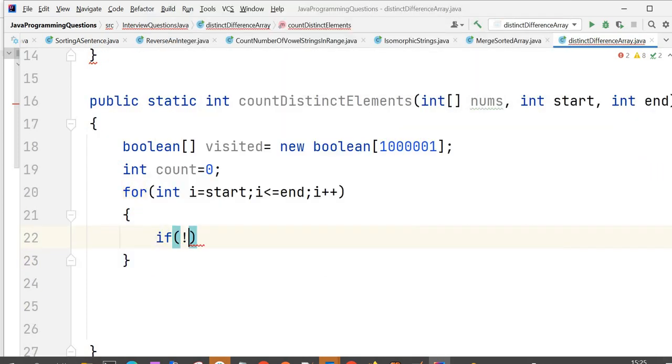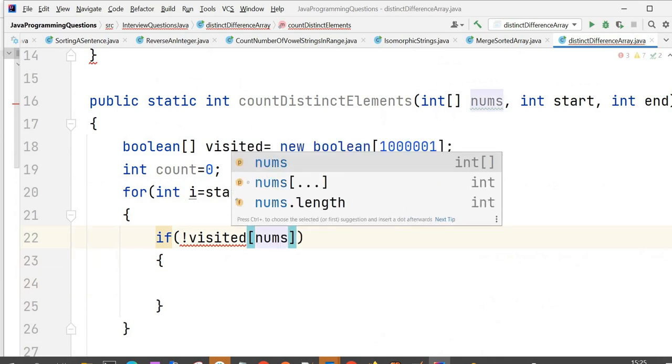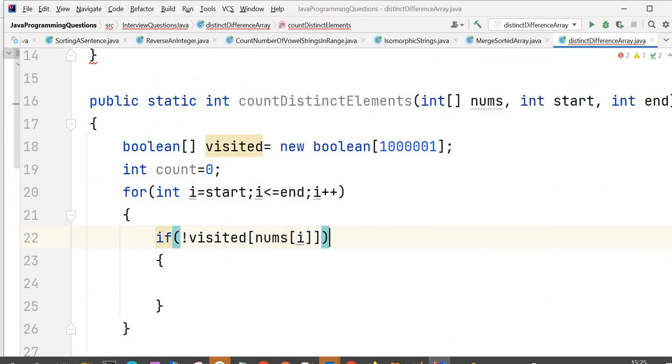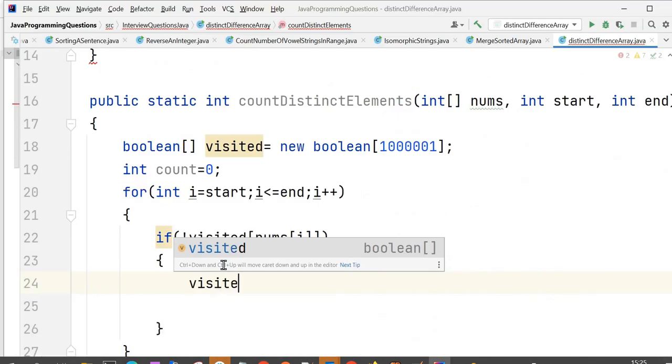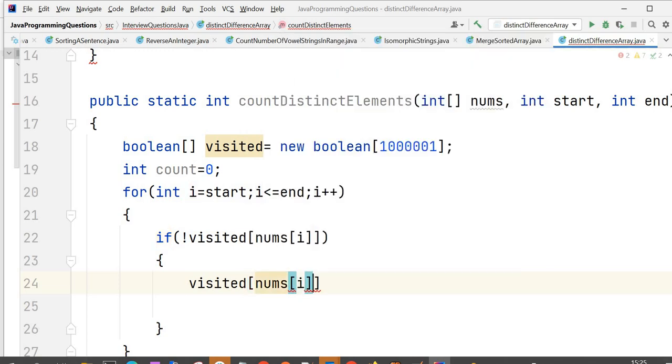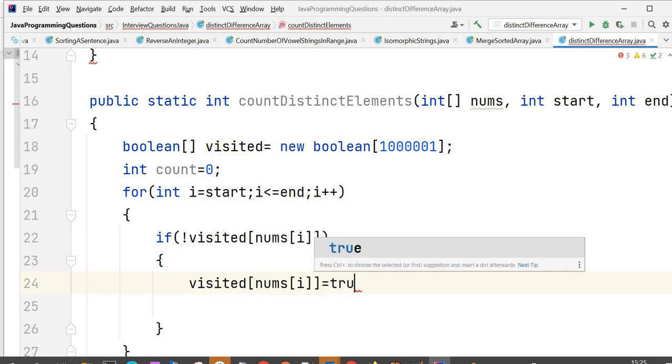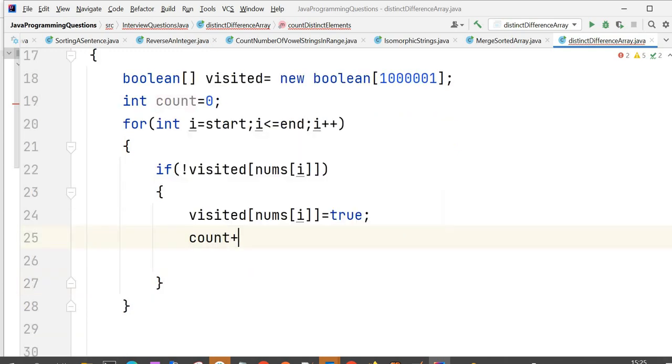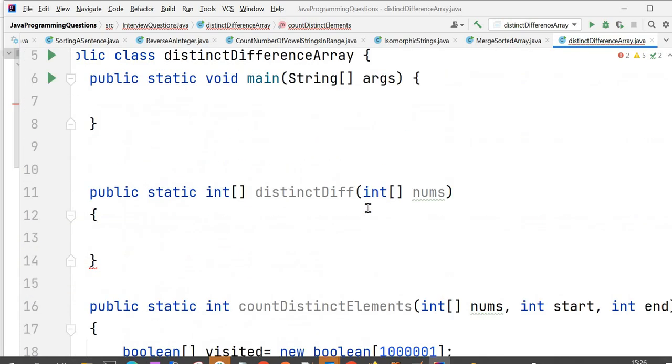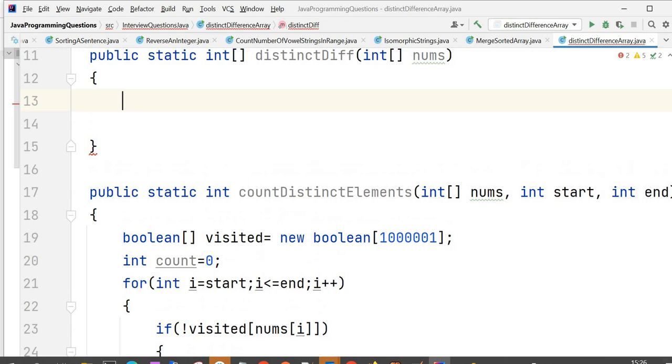Then let's write our condition: if the element is not visited, that is, visited of nums at I, then we have to set visited of nums at I as true and increase the count. That means it is a distinct element.